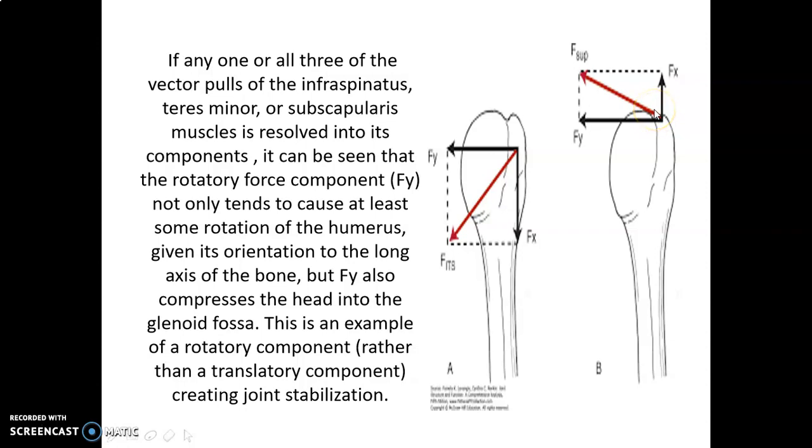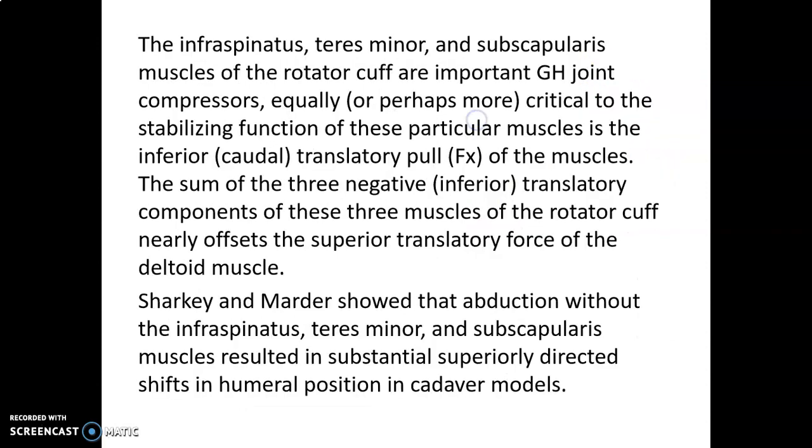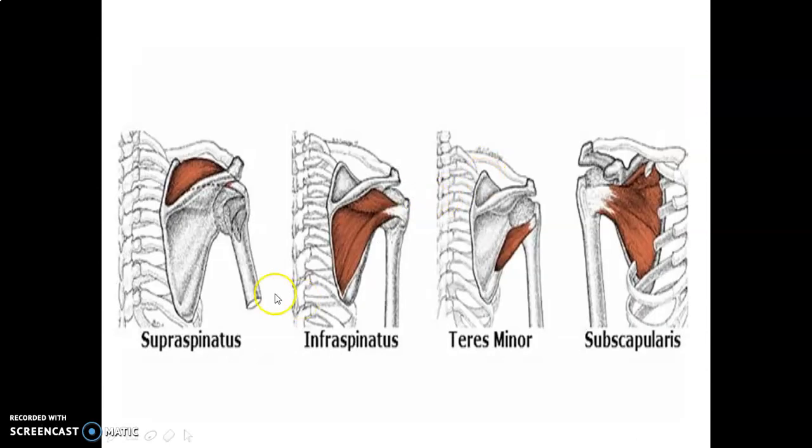Supraspinatus, because of its superiorly oriented direction, I can show you in another diagram. You can see this is the supraspinatus muscle. The orientation is superior. But if you take all the other muscles, you can see that they are in an inferior direction. This is the head of the humerus, and the supraspinatus is superior to the head of the humerus.